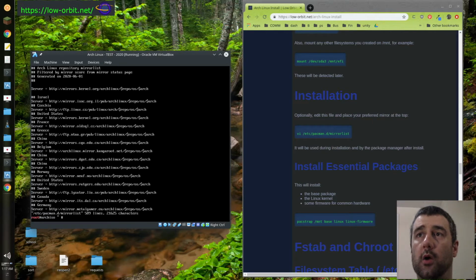So we're going to install essential packages. This is going to include the base package, the Linux kernel, and some firmware for common hardware. So the first thing we're going to do is say pacstrap. Okay, so this is kind of like chrooting. No, well actually I'm honestly not sure how this command works under the hood, but pacstrap mnt,